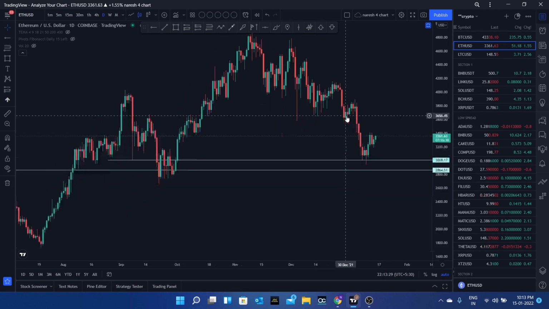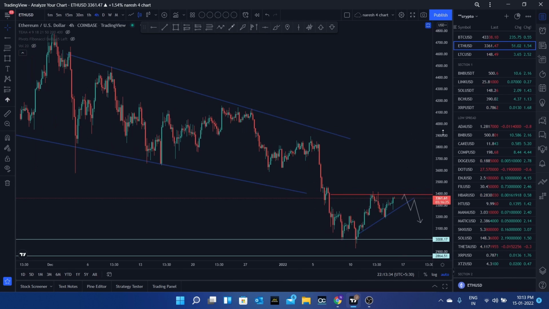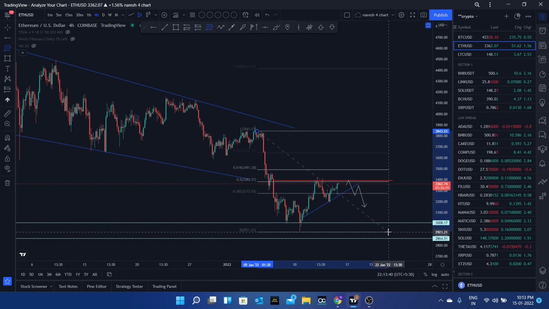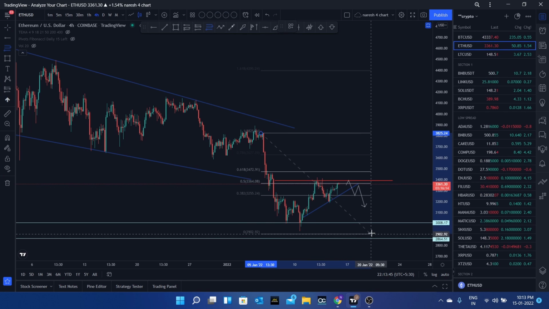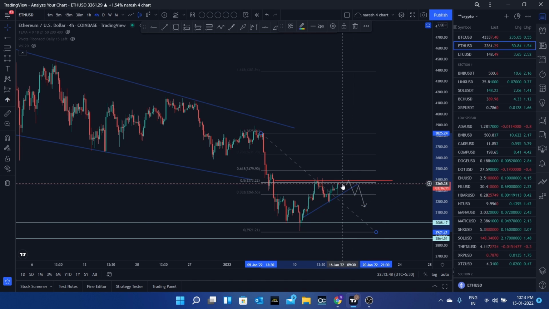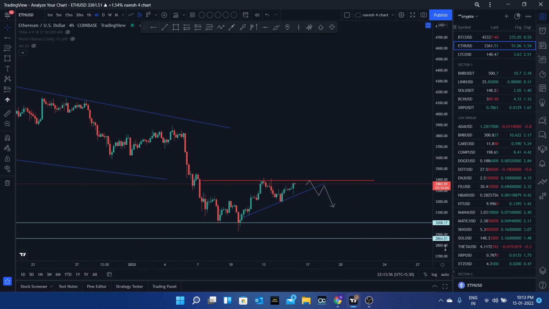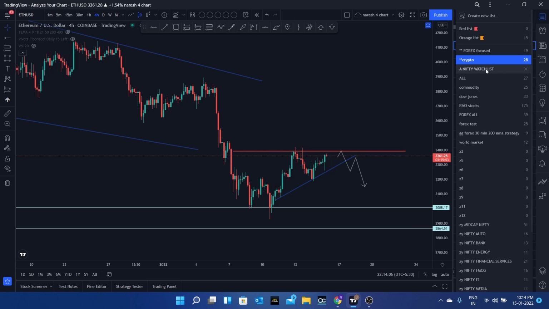In Ethereum also, I think we are moving for short entries. So it is in lower low formation, and it is just having a little pullback here, guys. You can see it is in, sorry, it is in the 50% retracement level. So if there is a break of structure, if it is breaking this line, you can go for a short entry, guys, and you can take this as your target. Okay, so that will be for crypto as well, and at last I'll be showcasing the Nifty and Bank